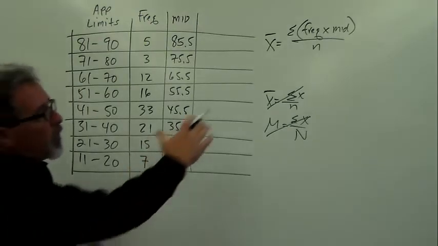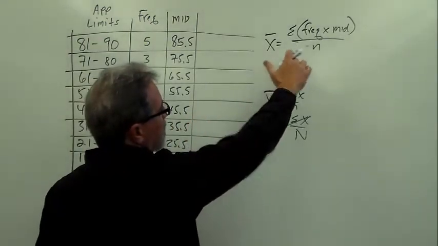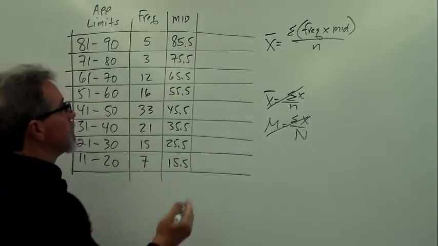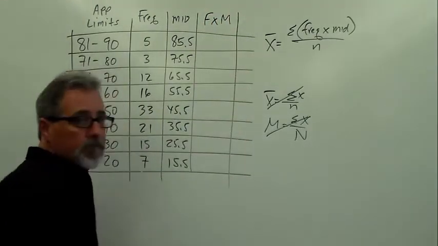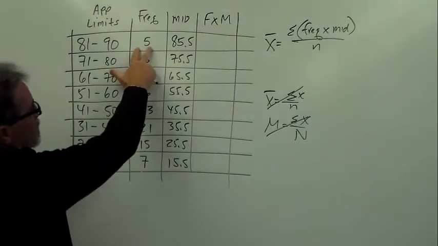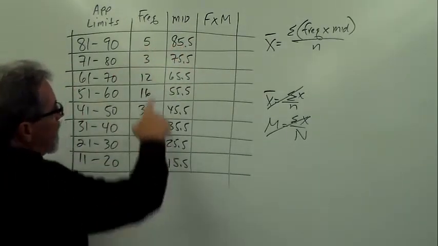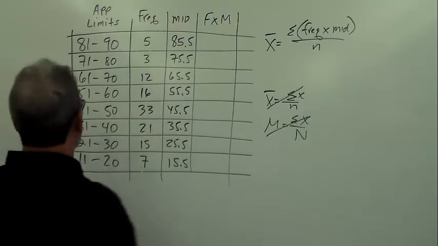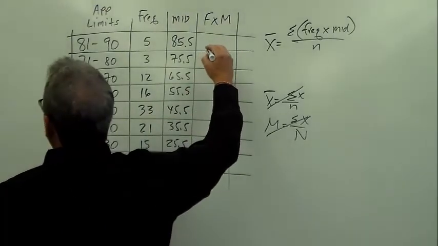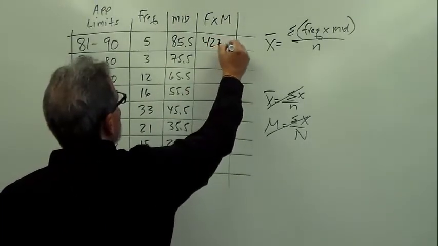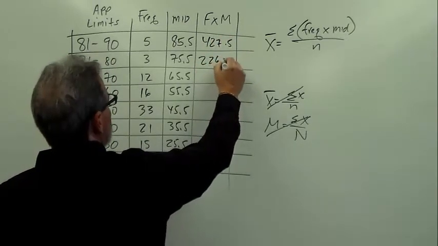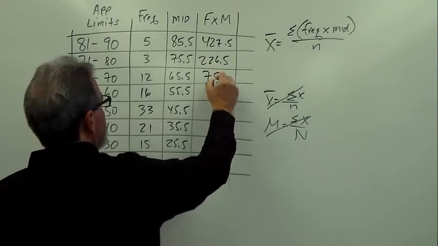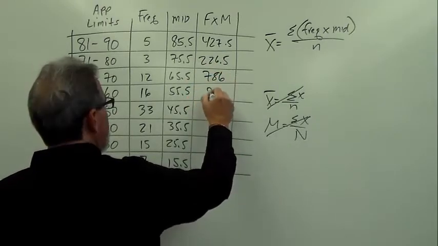All right? Now what does the formula say? The formula says multiply the frequencies times the midpoints. So that's what we've got to do. We have to have a frequency times midpoint column. We're going to take this frequency 5 and multiply it by this midpoint, and do the same all the way down the line. So the first one is 427.5. The second one is 226.5. Then we have 786, 888,